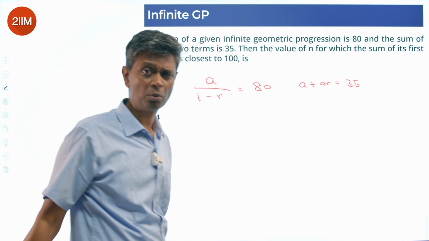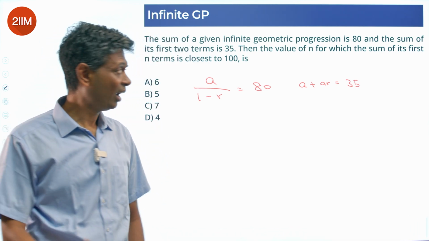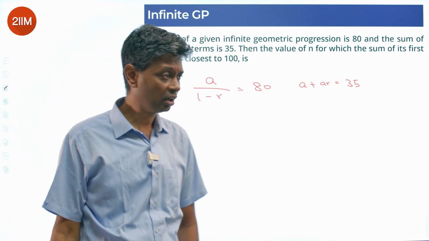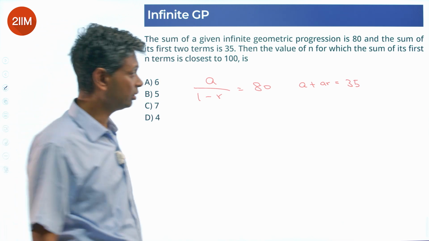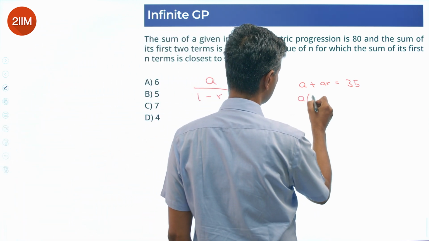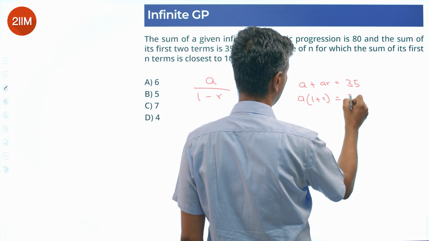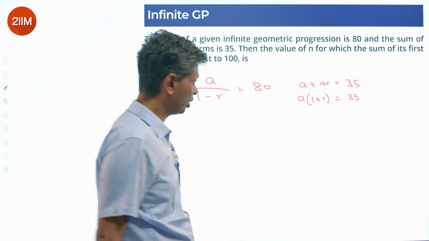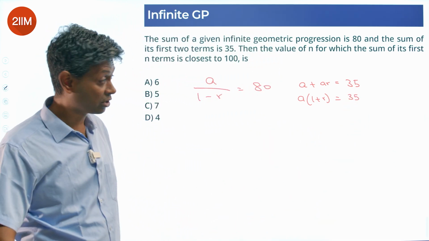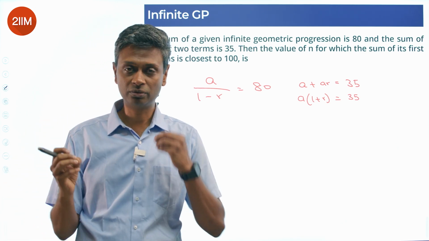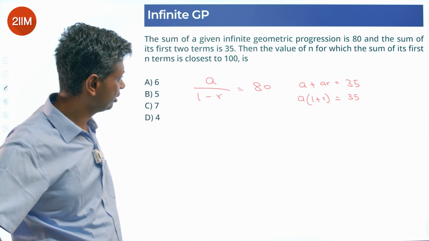First term is a, common ratio is r, we know this. a plus ar is the first two terms, that is 35. a by 1 minus r is 80. I'm going to write this as a times 1 plus r is 35, and a by 1 minus r is 80. Two equations, two variables. We have to find some way of manipulating this